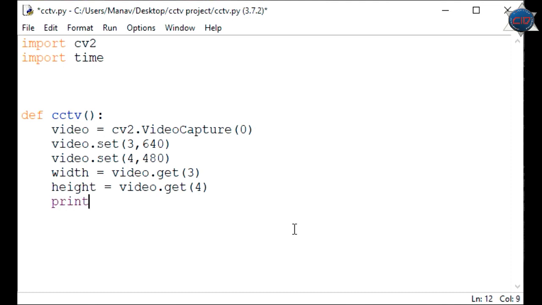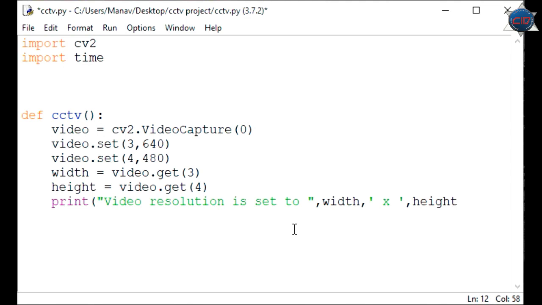So I'll just print video resolution is set to, and here I'll pass width and again x, and now I'll show height. So it will print video resolution is set to 640 into 480. Okay, that's it. Now close the print statement.